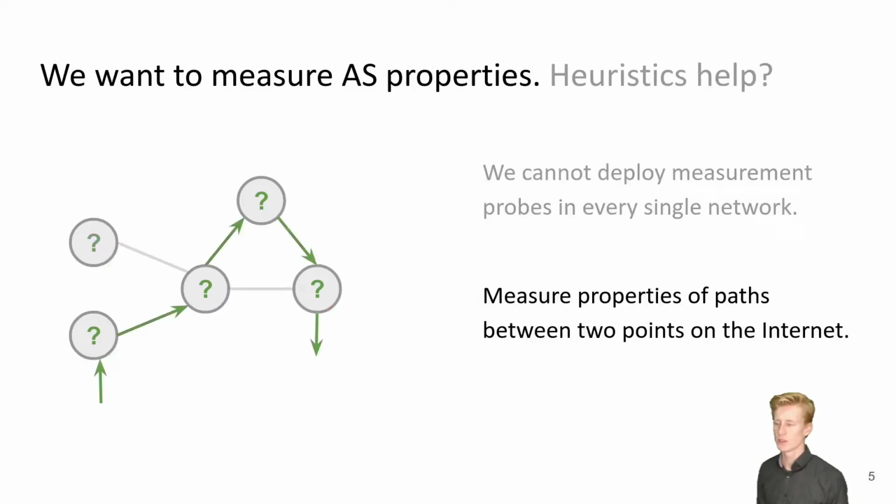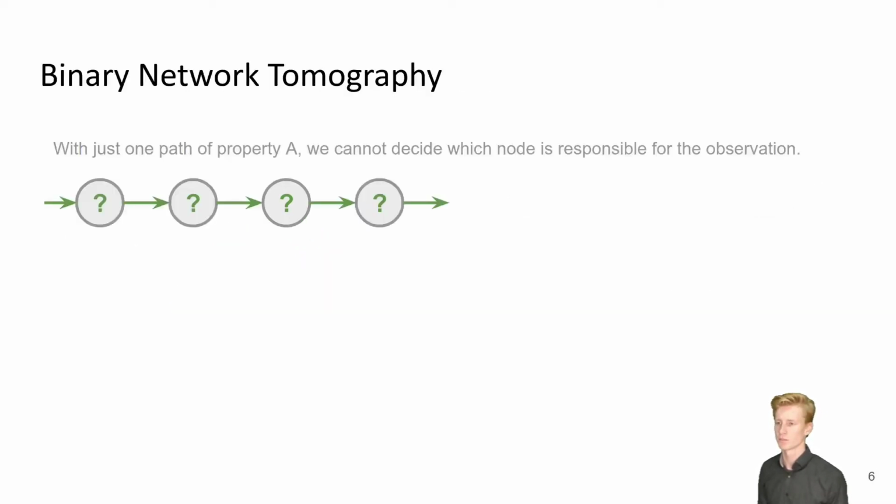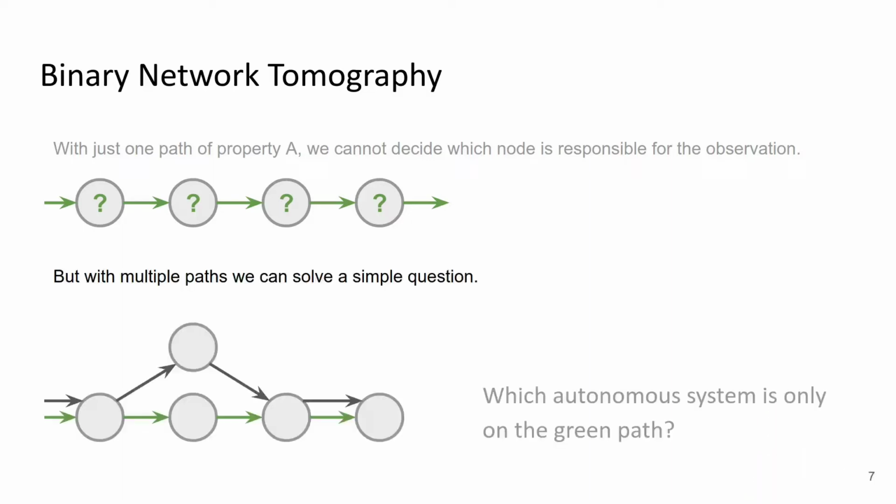But what we can do is inject a signal from one end of the internet and pick it up at some other point of the internet. And based on the output signal, we can then form a conclusion about a path property. With just one path, we cannot simply pinpoint the node which is responsible for the path property. But if we perform multiple path measurements from different points on the internet, we can solve a simple question and